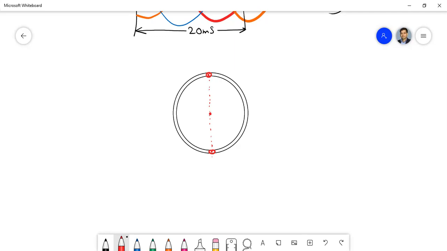Are you getting what I am asking? Suppose this is one coil. This is one coil side, another coil side is this. So this coil side is carrying cross current and this coil side is carrying dot current. So if that is the case, then a magnetic field will be generated.